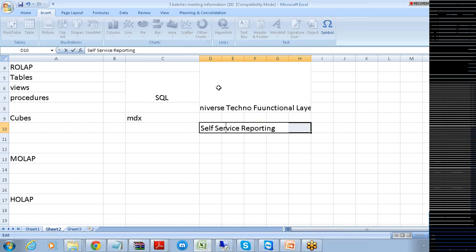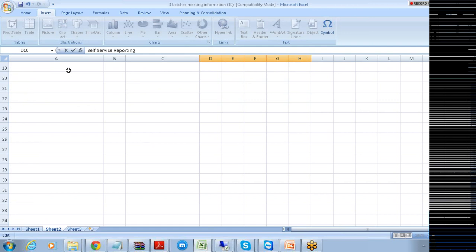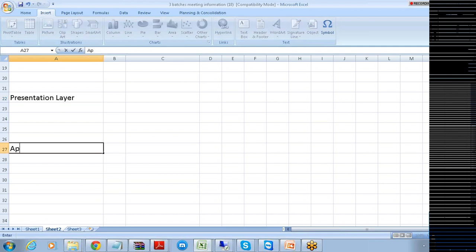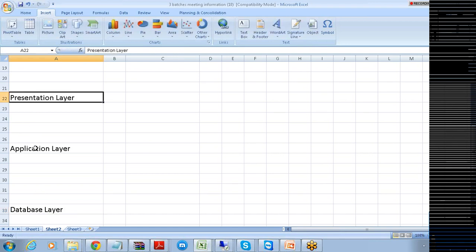Okay, that is the thing we need to understand in this particular case. Based on this, let me talk about it here. Your architecture and business objects is going to be in 3 layers. First, you're going to have the presentation layer. The second layer is going to be your application layer. The third is nothing but your database layer. 3 types of layers: presentation layer, application layer, and database layer.